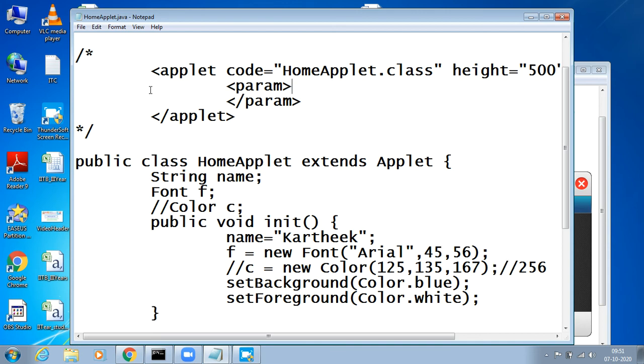A param again has two things: one is the parameter name and the other is the parameter value. For example, I don't want to give the name Karthik directly. I want to give the name through a parameter and its value. Say I want to give the parameter name as first name. The name of the parameter is first name, and the value for the parameter is Patnaik.